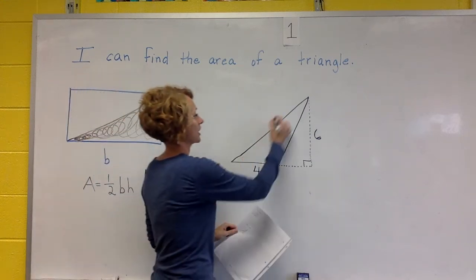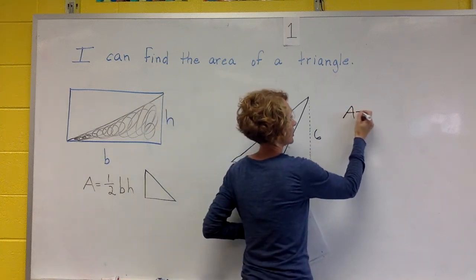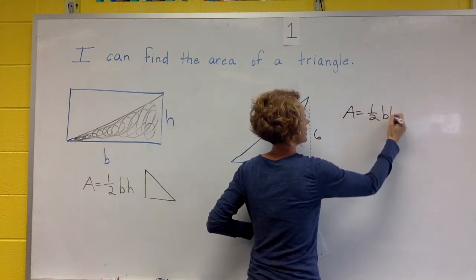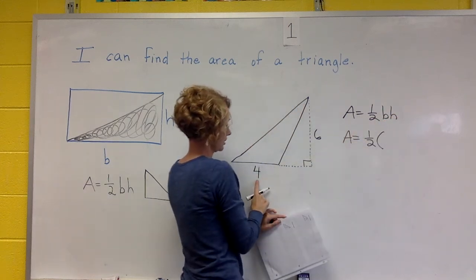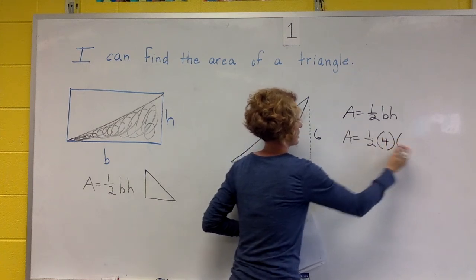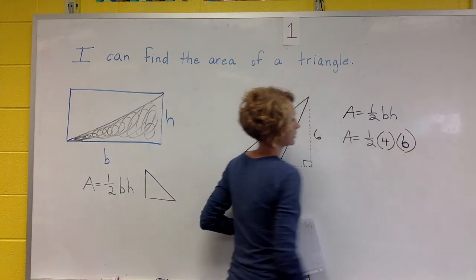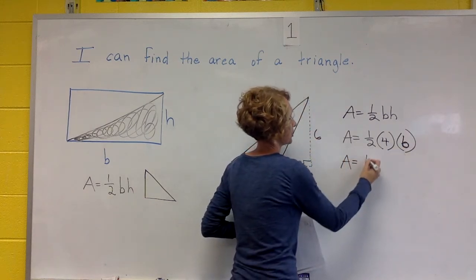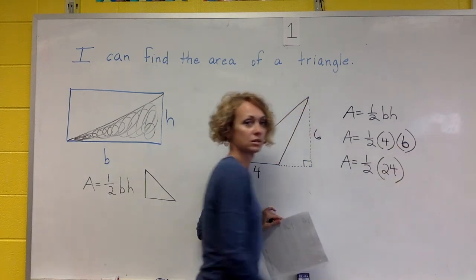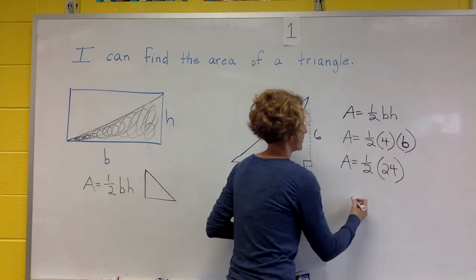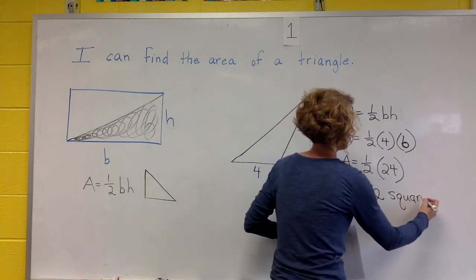So now I'm going to find the area of this triangle by using base and height values of 4 and 6. I'm going to evaluate into my formula again. 1/2 times the base, which is 4, times the height, which is 6. I'm going to use that associative property again. I'm going to multiply my numbers out, and that gives me 24. And then I multiply 1/2 times 24, and that gives me 12. And then I'm going to label my answer in square